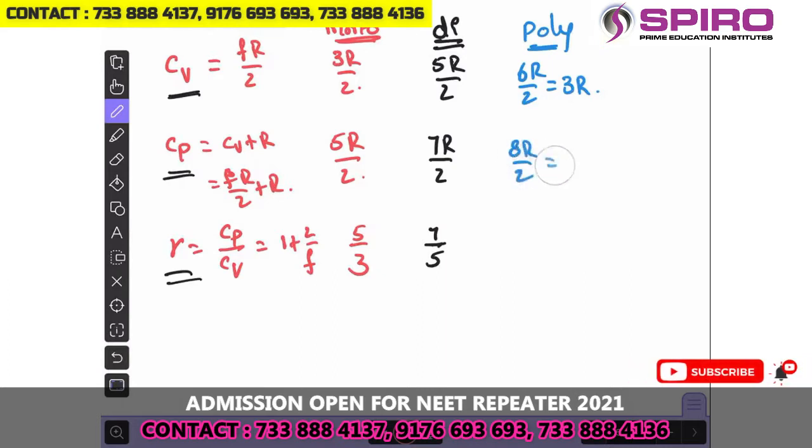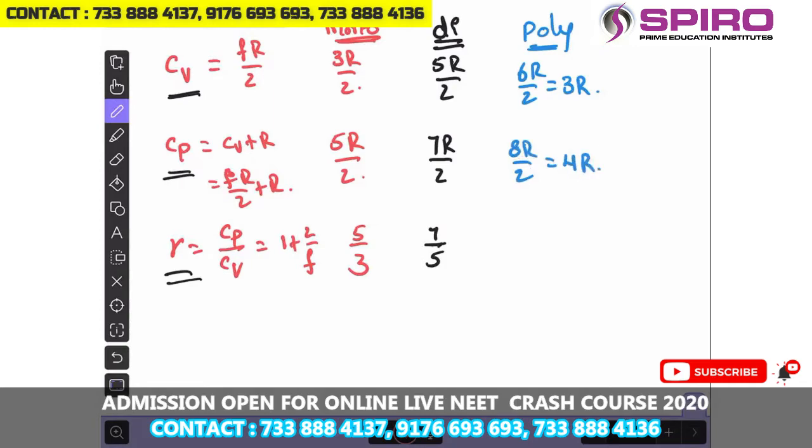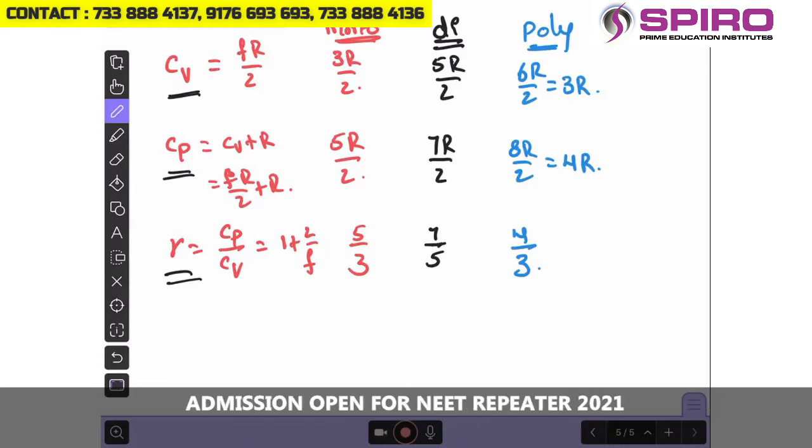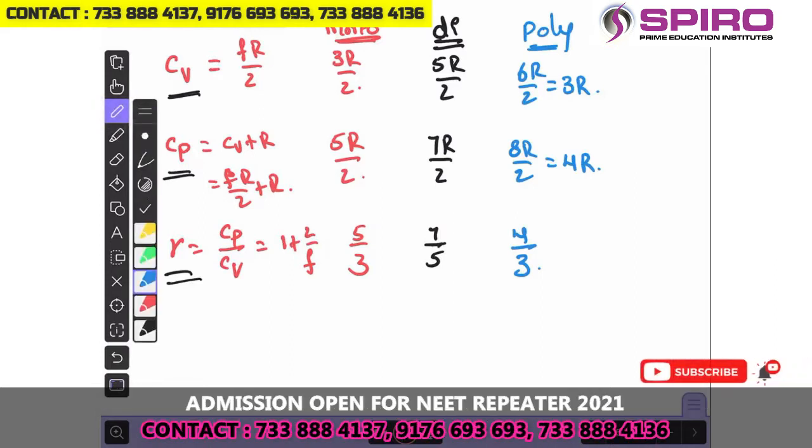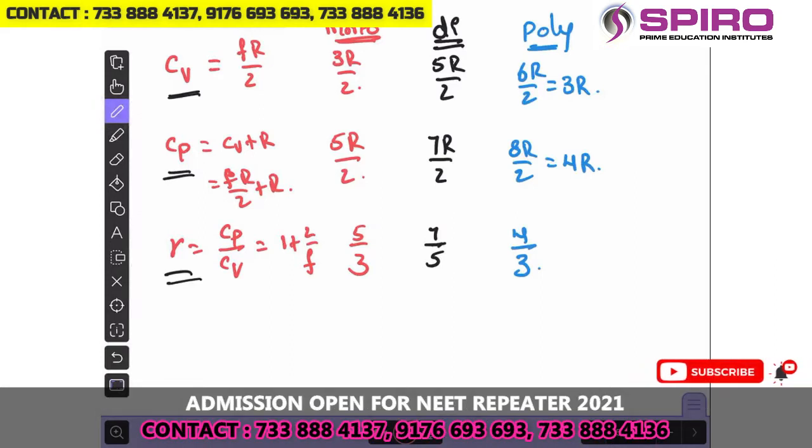8R by 2, or this can also be written as 4R. And gamma is Cp by Cv. If you divide these two, the ratio can be taken as 4 by 3, right? And you can observe the monoatomic gas, diatomic gas, and polyatomic gas, the Cp-Cv ratios. You observe these values. What is the value of 5 by 3? This will be 1.3